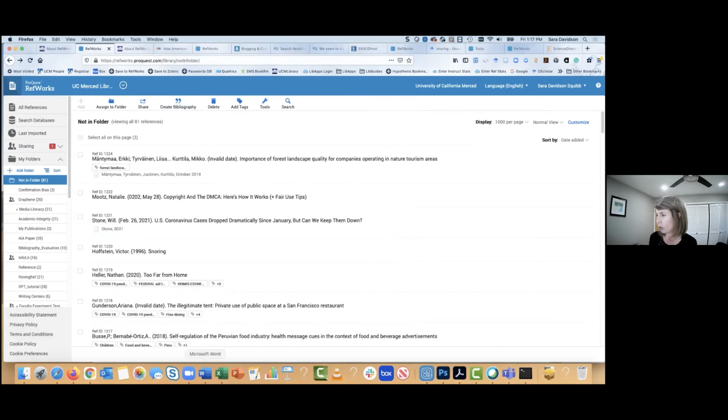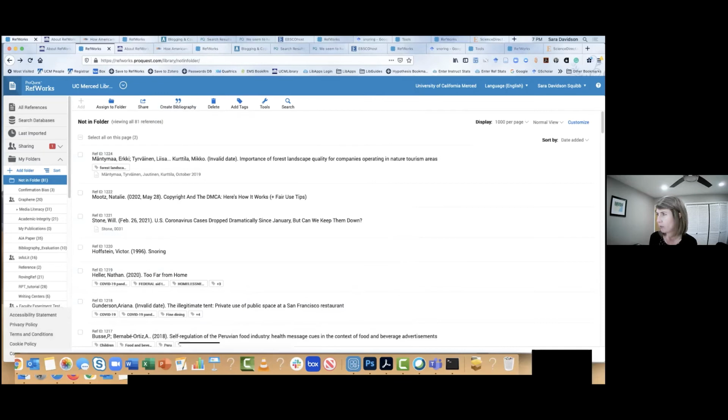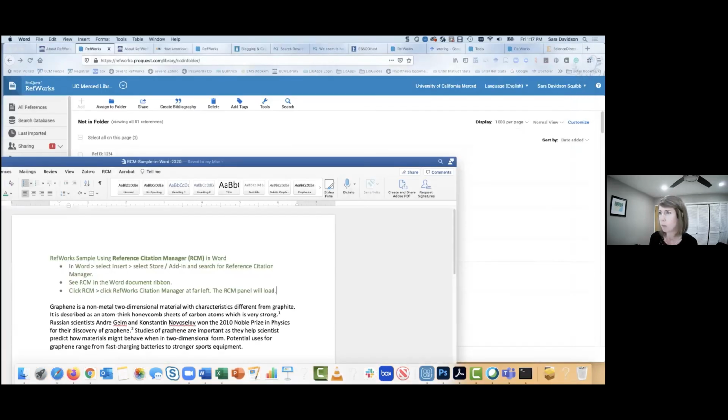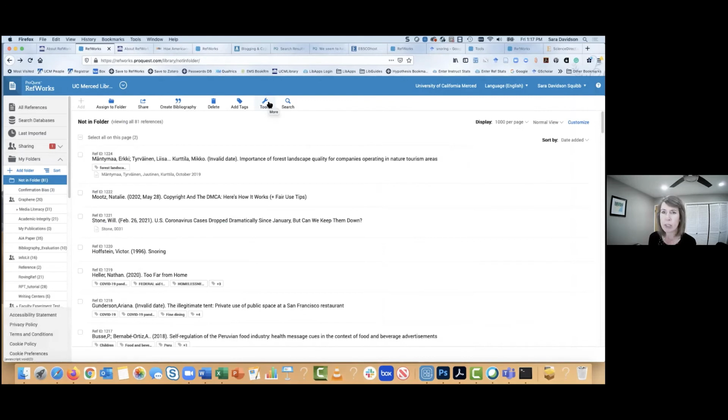I'm going to open my Word document. And this Word document, at the top in this green text, I'm just highlighting how you can get what is called the Reference Citation Manager, the RCM add-on, into your Word document. And this is what we're going to be using to write while we cite. I'm going to move this Word document for a moment. The Reference Citation Manager is also available in RefWorks under the Tools again. And this is where we got our Bookmarklet. If you click Tools and Tools again,